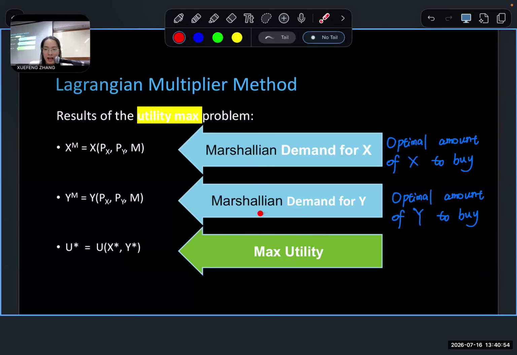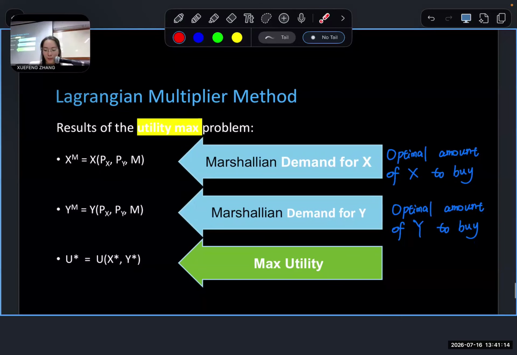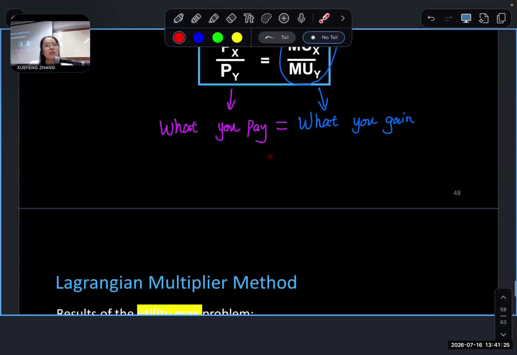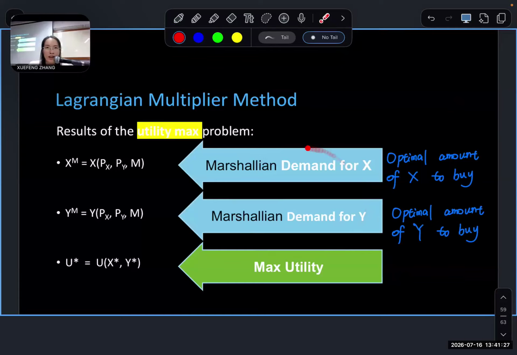The highest happiness you can reach. What is the unit of utility? You still remember? Utiles. So like what you did for your homework, last chapter, chapter 3, consumer behavior. If you are doing utility maximization, the demand function you get is Marshallian demand.